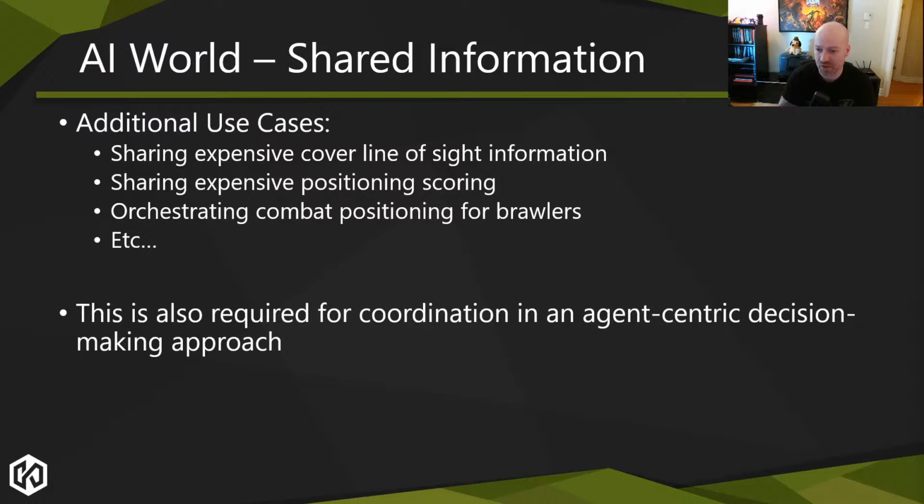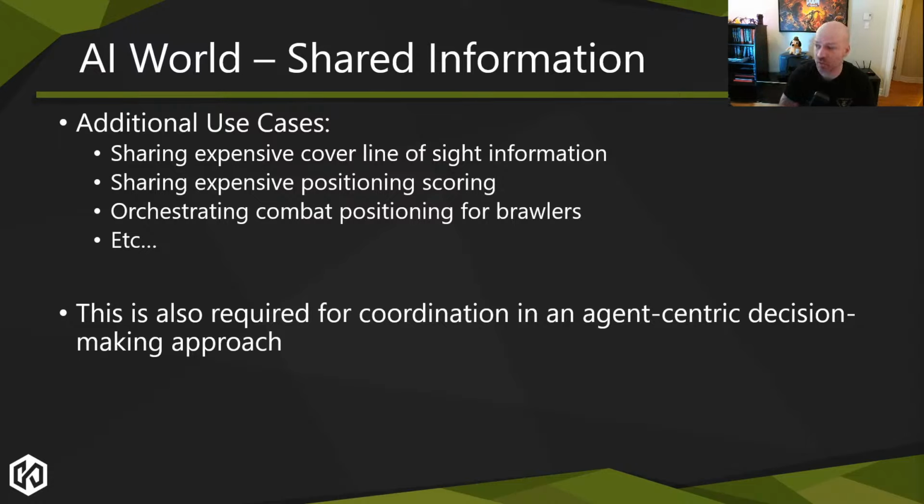This is not something you can generally cache, because I know some places will actually cache the line of sight information from cover to cover. That can sometimes grow in terms of permutation, the amount of memory you need. But additionally, you only need line of sight information to agents. So it's like, I need to know if this cover has line of sight to those 3 enemies. That's all I care about.